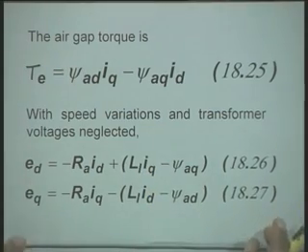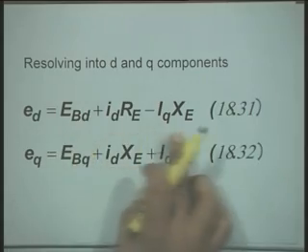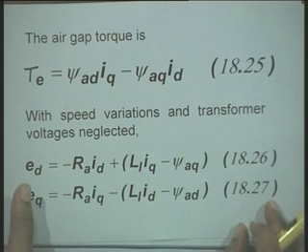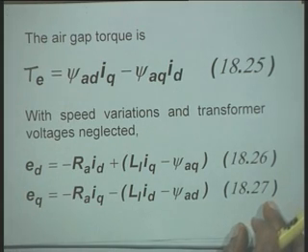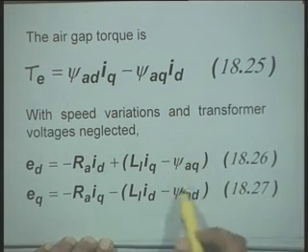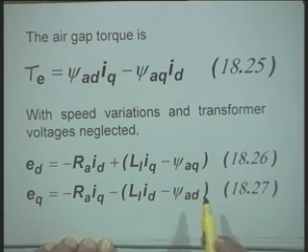Okay. Now, this E d and E q will be replaced by the expressions given on the right hand side of these equations, right. Therefore, once you do this, you will get an equation where you have only I d and I q, and they will be written in terms of the intermediate variables psi aq, psi ad and other machine parameters. And